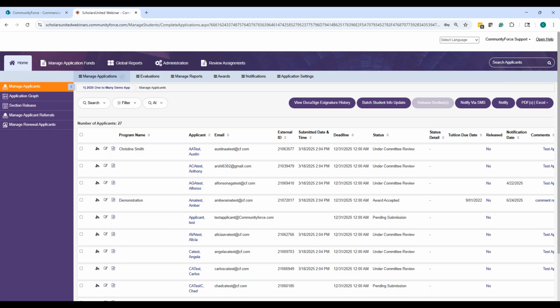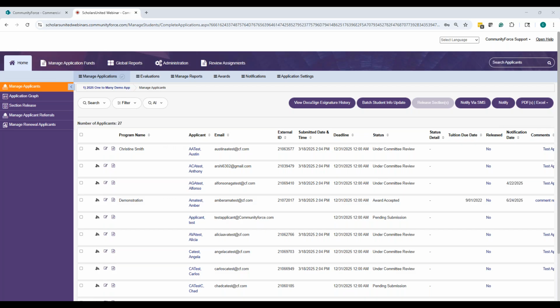So what you'll need to do is filter the applicants as per selected for award first. See who are still on selected for award who have not accepted. Then you can filter the applicants again by award accepted. If your selected applicants have not accepted the award, those applicants will not show up here. Then you can notify the applicants using the notify option from this screen itself and inform them to please accept the award. There are two buttons showing up on their dashboard, so please click on the accept button. So that's how you will know.